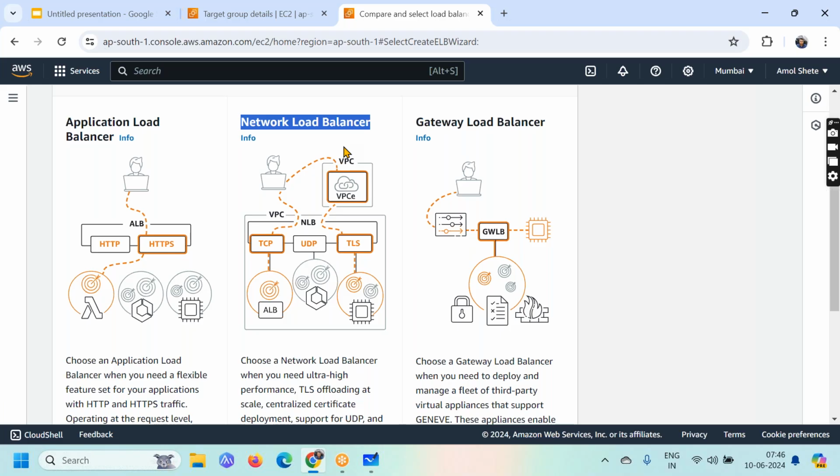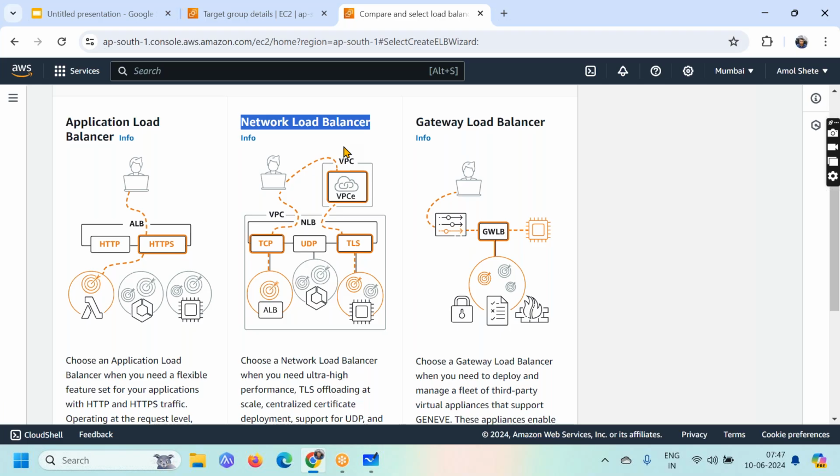The application load balancer does not provide you a static IP. Behind the scenes, it provides you a DNS name, and you use that DNS name for connecting to your application, but the IPs behind that DNS name are not fixed. In the case of the network load balancer, you also get a DNS name, but it is fixed. So that's the use case if you wish to have a static IP,